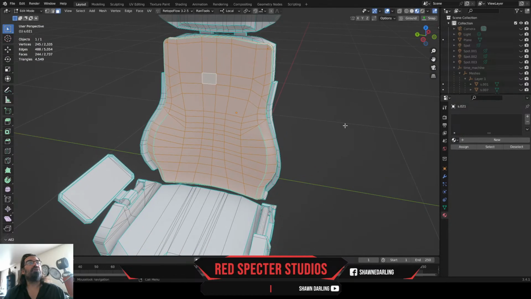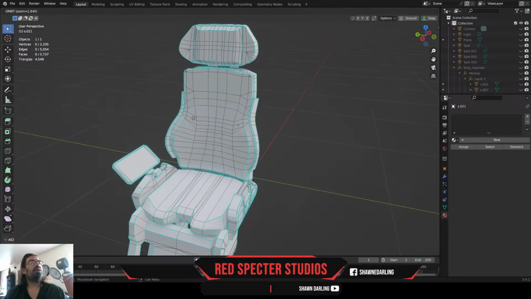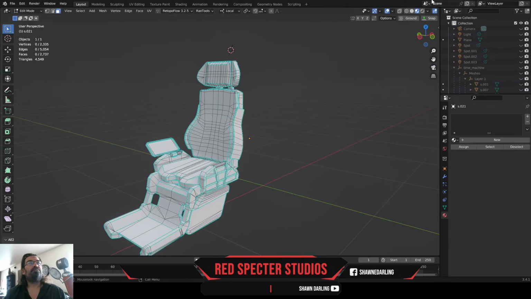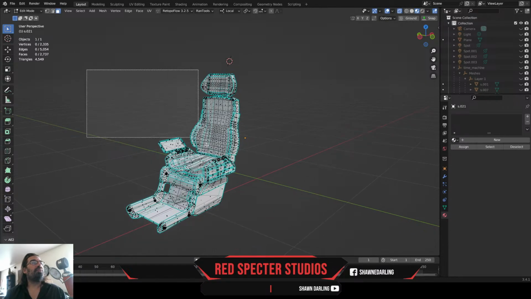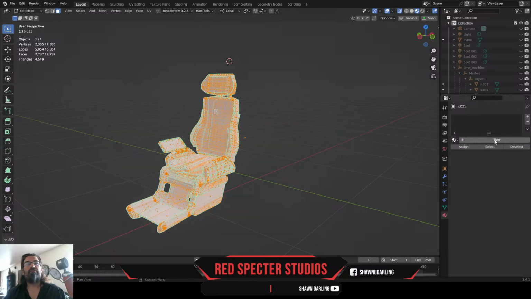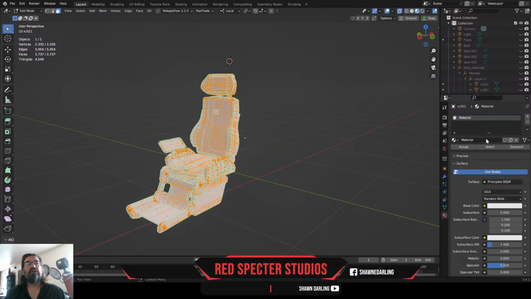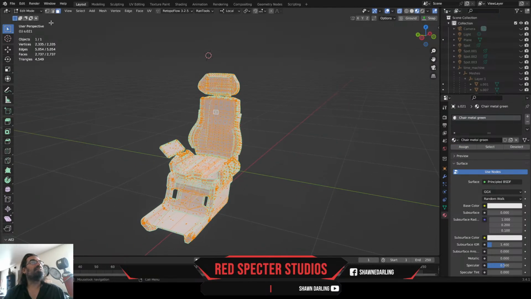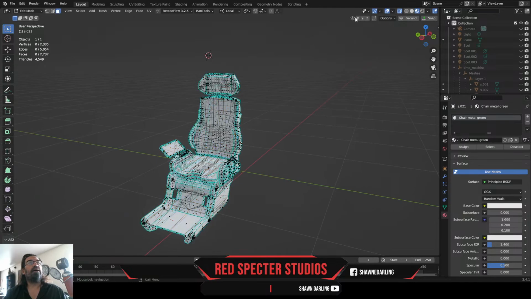I think what I'm going to do though is select the entire thing, give it overall the metal material. We'll do that first. So we'll just create a material, call this chair metal green. This is going to be like this tank smart material that I have, and we're going to assign that to it, and then we'll come in here and make new ones as we assign stuff